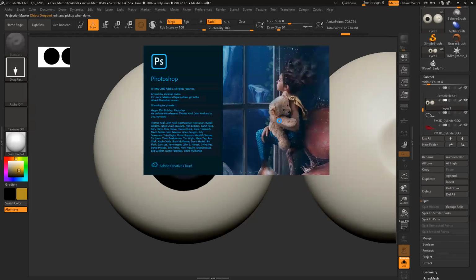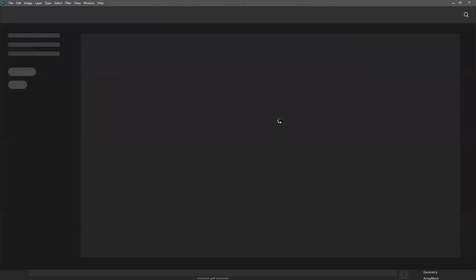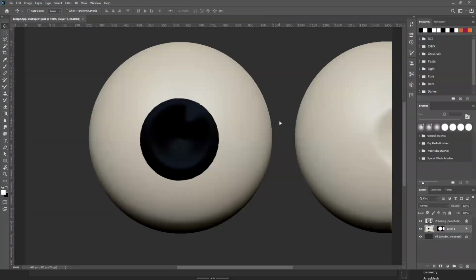If you're using it for the first time, it will ask where your Photoshop exe file is, to browse it. Then it will open Photoshop as a photo image, and you can paint over that, and then simply bring that back to ZBrush.